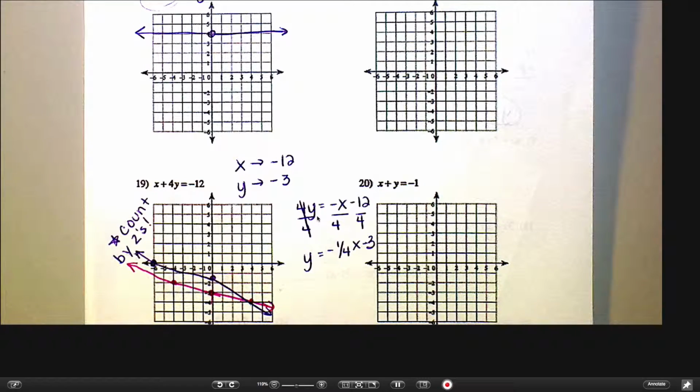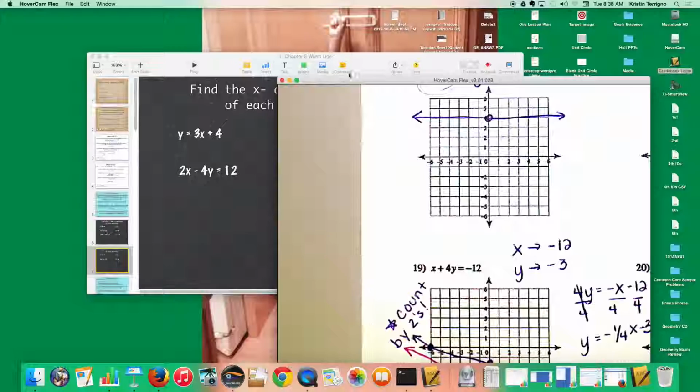Good? All right, let's take out notes. Lesson for today is